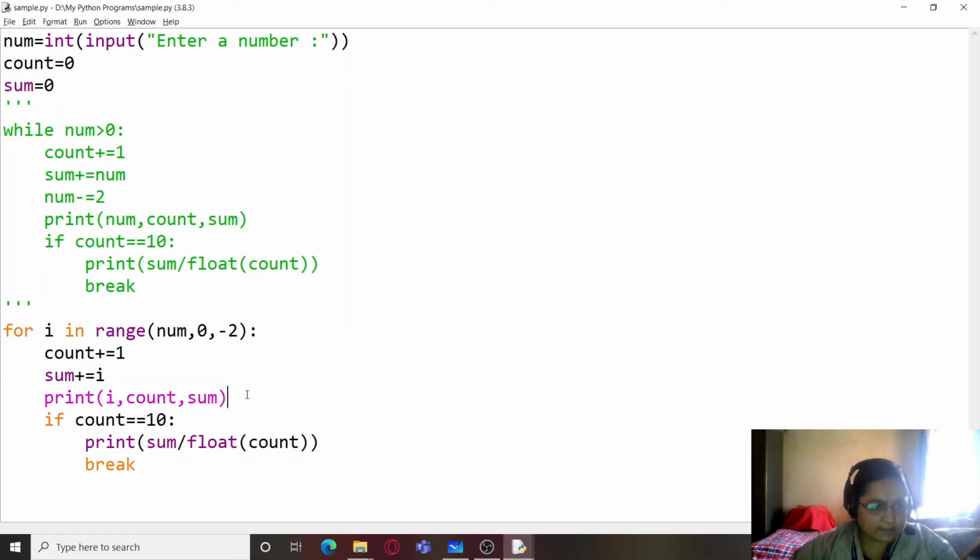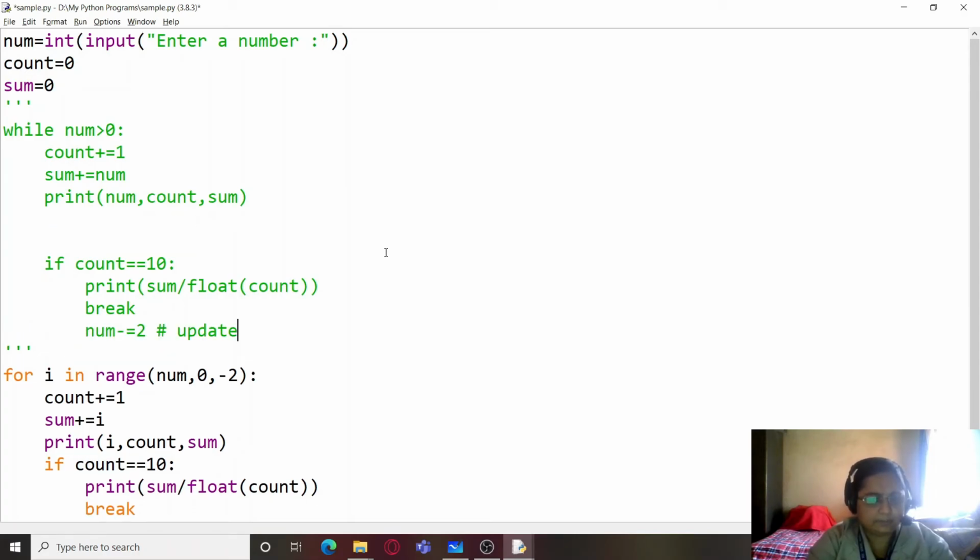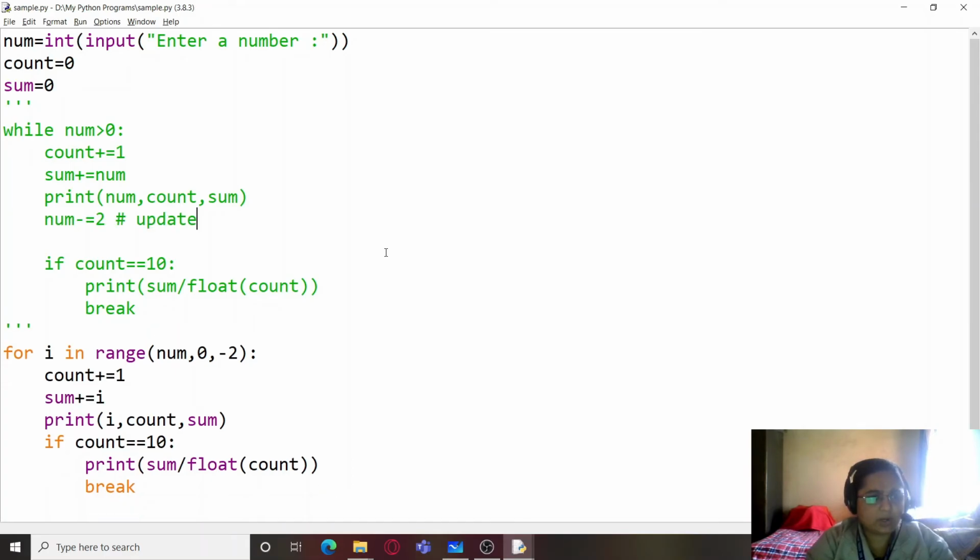Whereas in this case, this minus 2 is executed. The skip statement is executed after the iteration of the loop, right? So if we just change the placement of this, because this is the update expression and update expression is supposed to be executed at the end of the iteration. Okay, so we are just keeping it at the end of the iteration, or we can also just keep it over here at the end, although it would not be much of a problem.